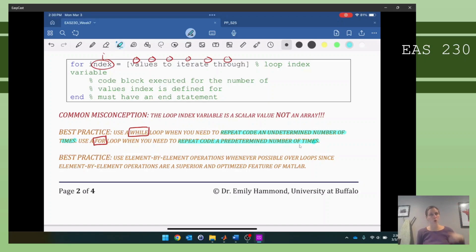Okay, so when you know exactly which values that variable needs to be. Is it going to be 1, 2, 3, 4? Is it going to be 6, 9, 12, and 15? So what values do you need it to be? In general,